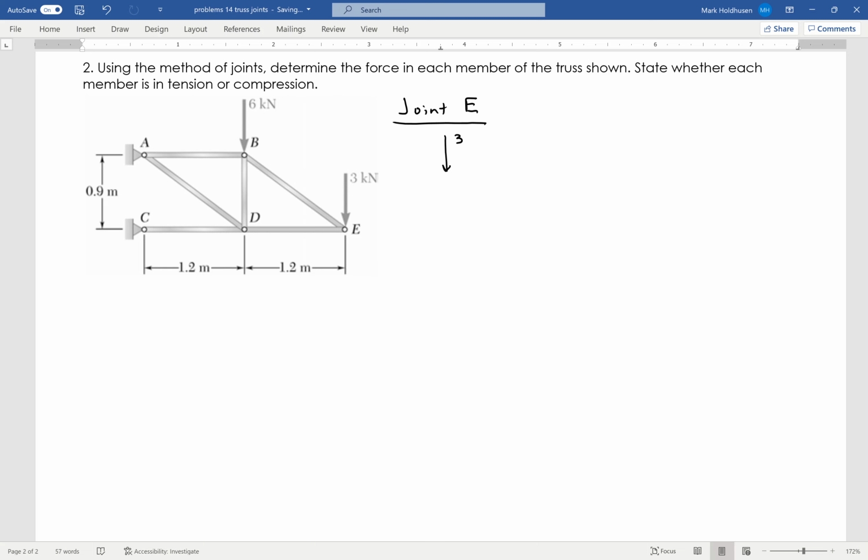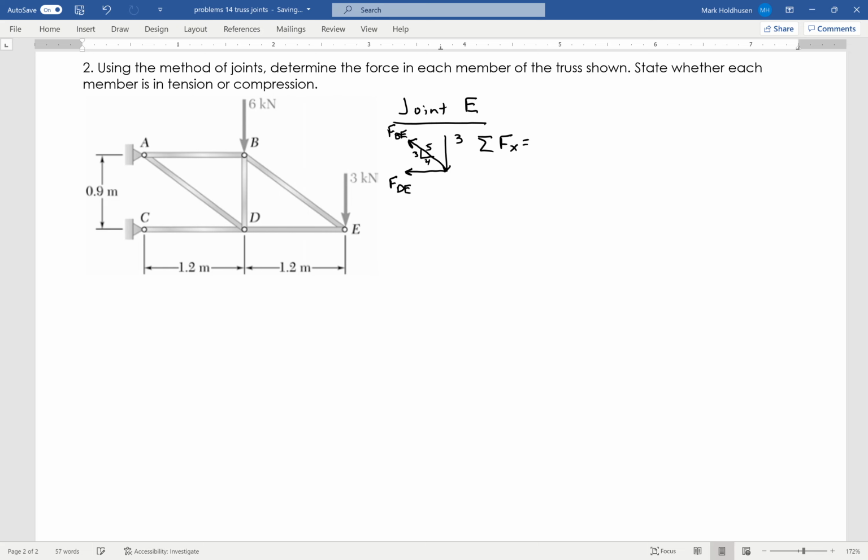I've got 3 kilonewtons straight down, and then again, I'm going to assume tension. So they're going to be pulling out from the joint, and that'll be FDE, and then this will be FBE. Okay, and these are 3, 4, 5 triangles, or 1.2, 0.9, 1.5 triangles. But 3, 4, 5 triangles as shown there. So now that I've got that, I can go ahead and sum my forces in the x and y and